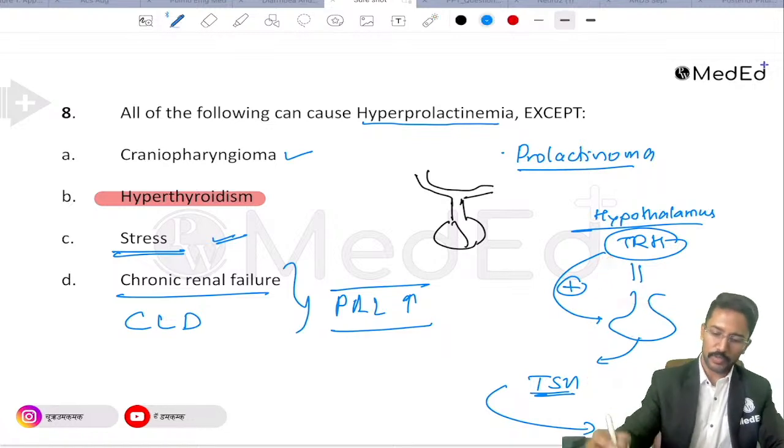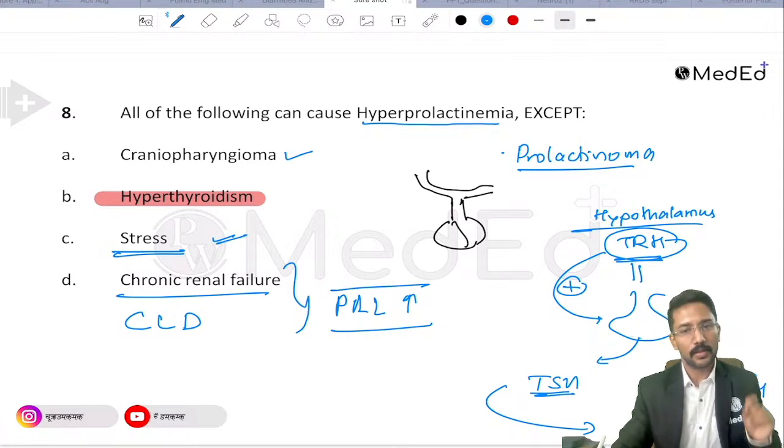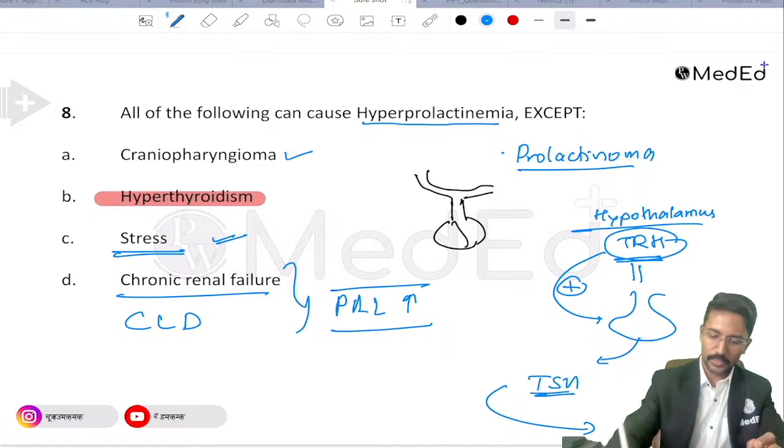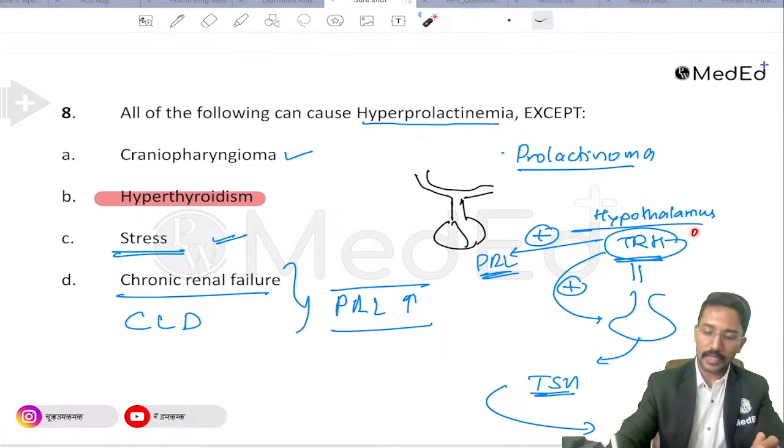Okay, but you have to remember that TRH not only stimulates the anterior pituitary to produce TSH, TRH also stimulates the production of prolactin, right? So TRH also stimulates prolactin production. So in any condition where TRH goes up,